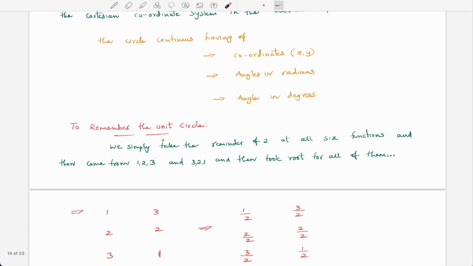So to remember the unit circle, we have a big circle over here. You can just Google it and you're going to get the unit circle, or I can give it in just a few minutes. Okay,